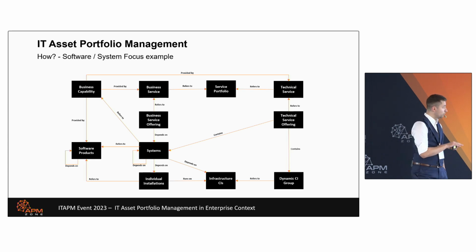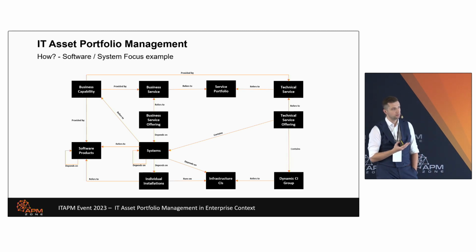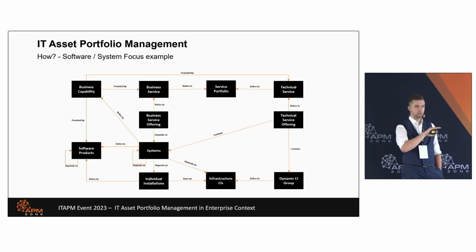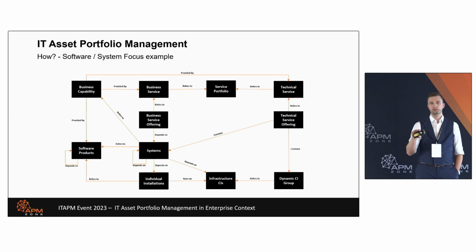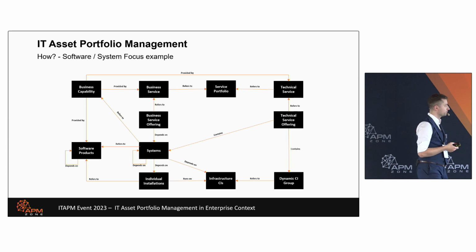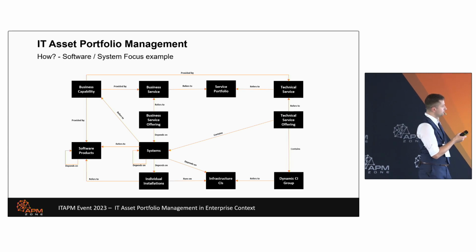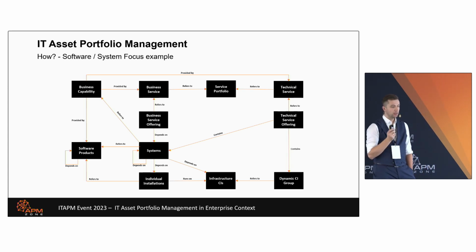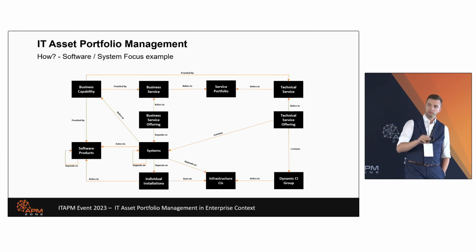And that's where most of the services, most of the operations will be focusing on, right? You need some kind of a middle element. And usually these systems are the easiest one, because everyone knows, okay, we have an SAP ERP somewhere. Fair enough. These systems refer to software products, and we have a direct connection to the business capability: software product, and the system. And this triangle of refers to system to the business capability as well. Because the systems are the implementations.